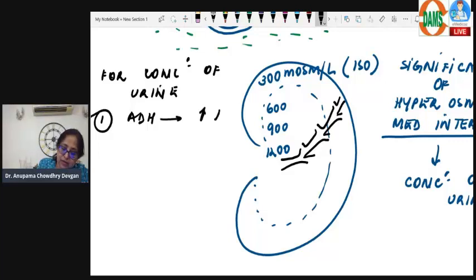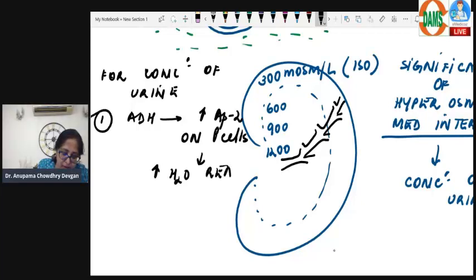ADH will increase the aquaporin 2 on the luminal side of the collecting duct cells, the P cells of the collecting duct, which increases the water reabsorption, right? And number two, you will also need a medullary interstitial